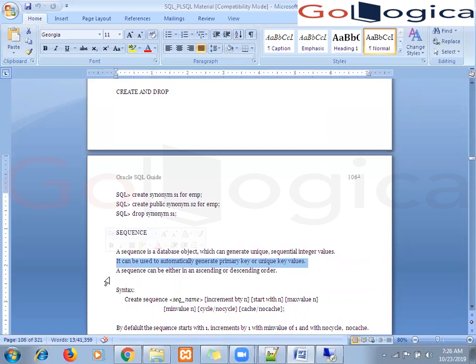A sequence can be in ascending or descending order, however you want. You can decide the sequence should start with 100, or 1000, or 1 lakh, however you want. And one more thing, in sequences you can put the maximum value or